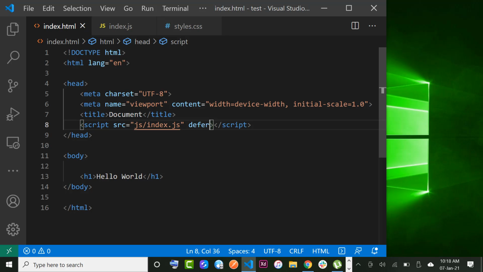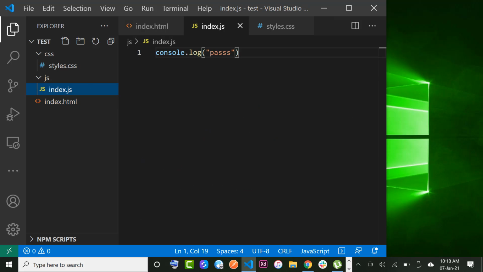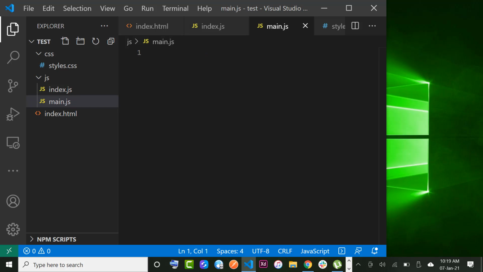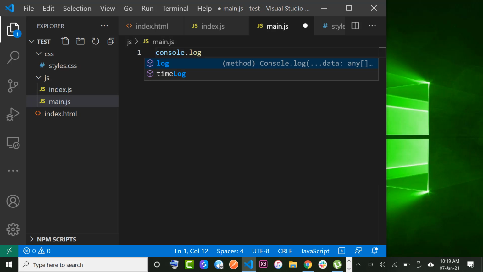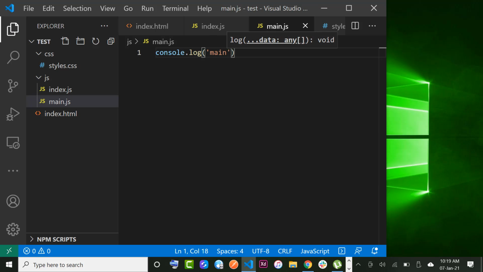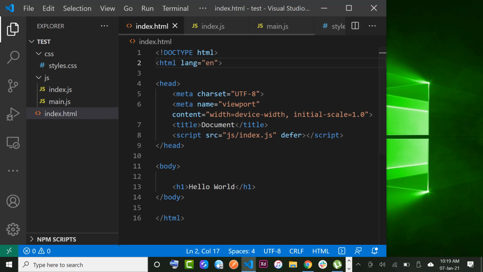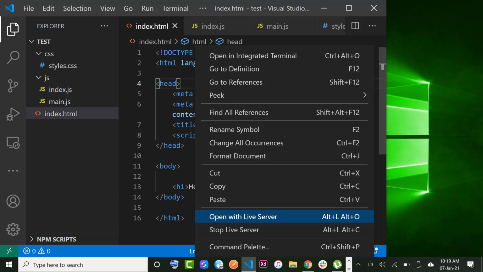Alright. I can add more than one JavaScript file. What do I mean by that? Let us assume that I'm using another library that is coming from another JavaScript file. So I can say main.js, right? And then I'll say console.log main, right? How then do I use it? First of all, let us open the